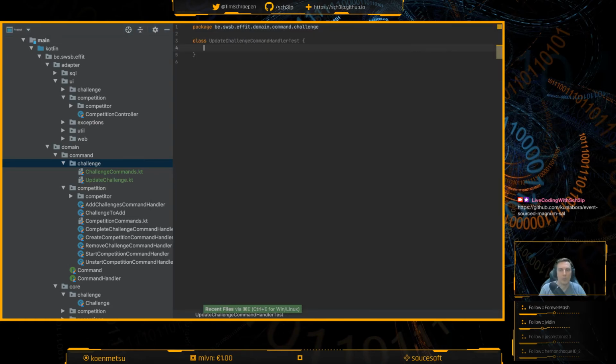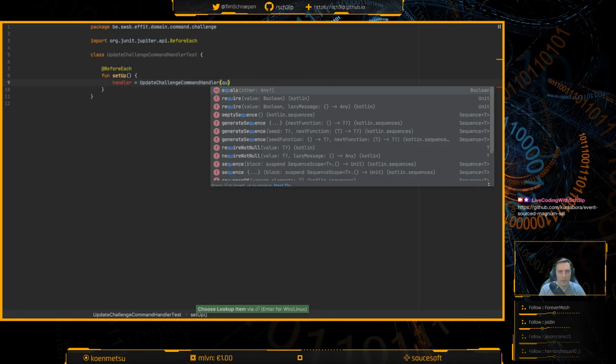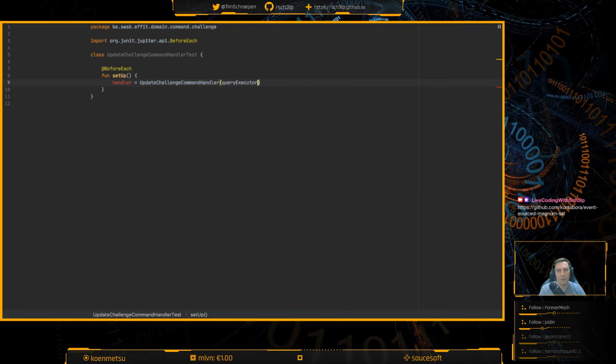Then go to the test. Then let's do a setup. And what we'll need is a handler. So the handler equals an update challenge command handler. And it's going to require a query executor and then a challenge repository. I'll need a property.